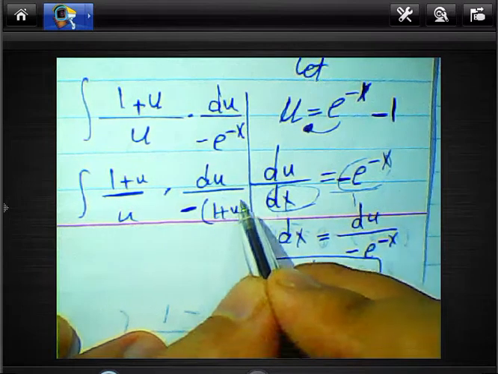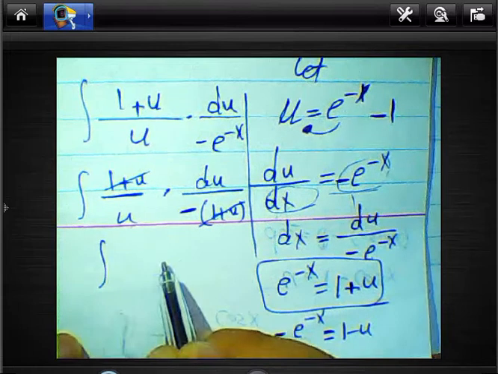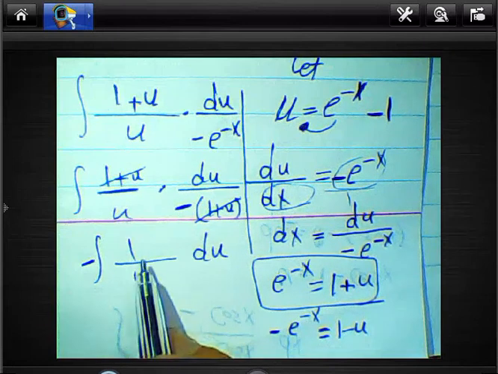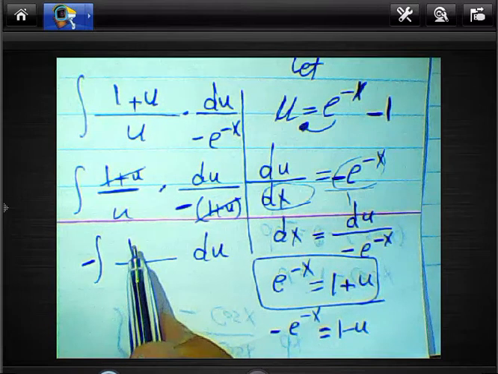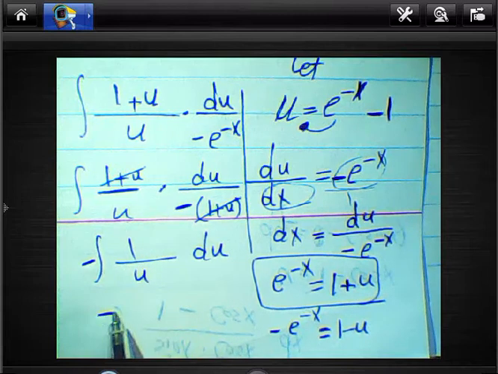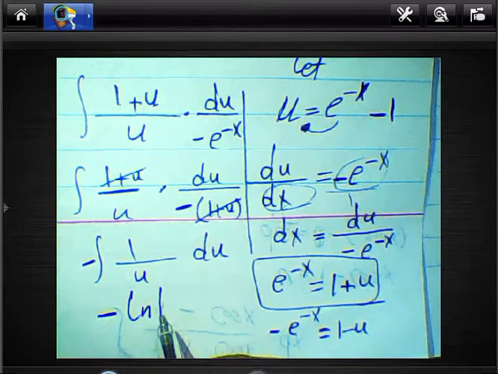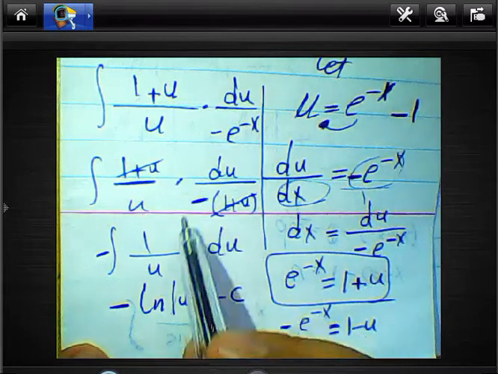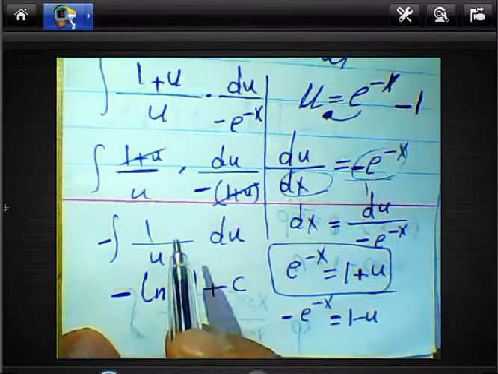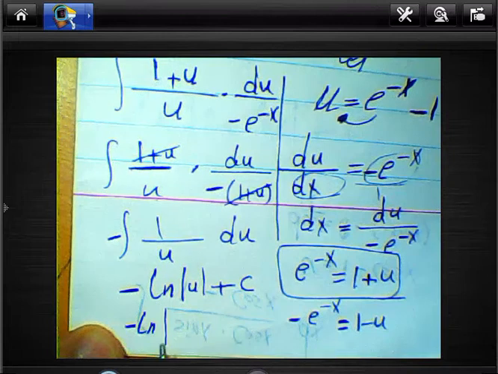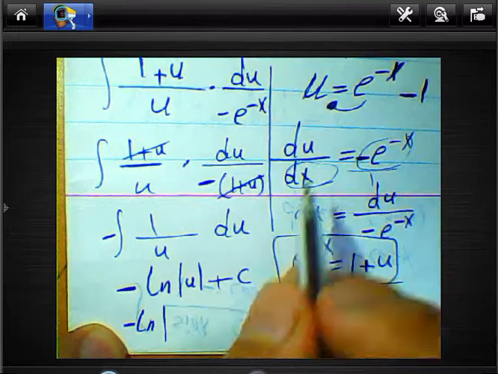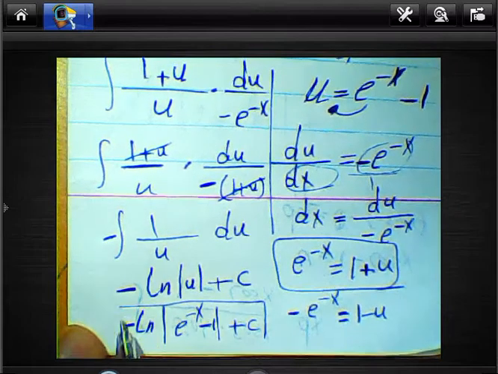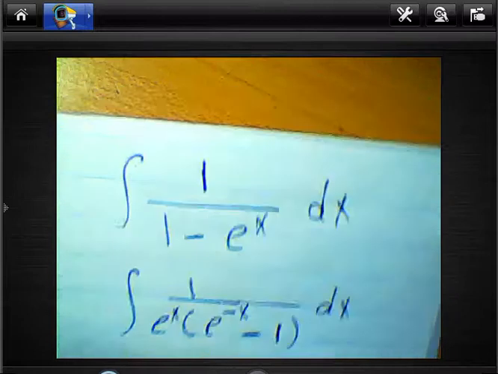We do this step to cancel this expression with this expression, and the result will be 1 over u, and write negative outside du. We know the numerator. What about the numerator's derivative of the denominator? So we can write negative ln absolute value of the denominator plus constant, and we can cancel u here and write e power negative x subtract 1. Then the result will be negative ln absolute value of e power negative x minus 1 plus constant. It's the result of the integration of this function. Okay, another example,